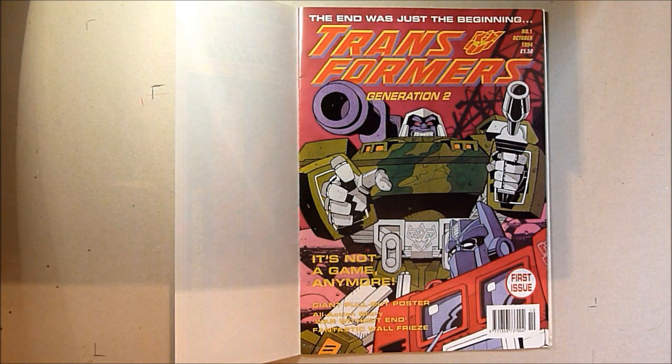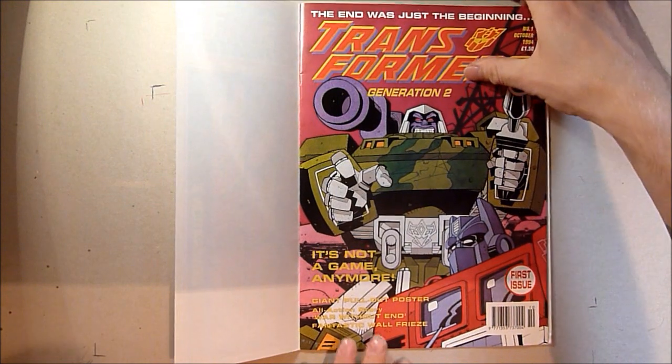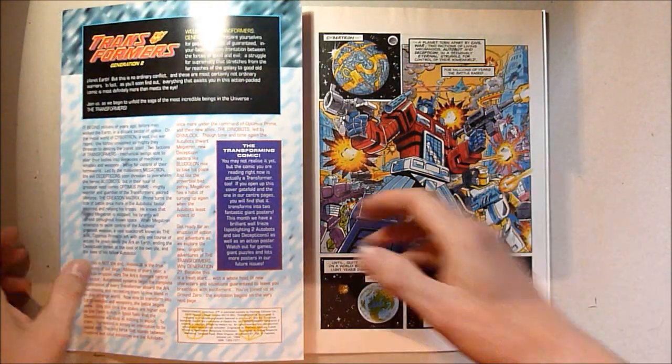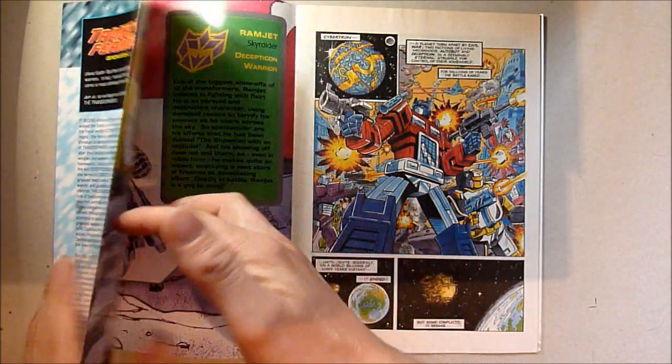Now, I was reading on Wiki about these too, and even though it credits him with writing this story, there are reports of him saying that it wasn't him who wrote it. But then again, he's also said that he did write it, so who knows. Maybe someone out there knows. But anyway, it's his first issue, giant pull-out poster, all action story, War Without End, fantastic war freeze, spelled a very strange way. And it says it's not a game anymore, and it's also got up here, the end was just the beginning. So we move in, this comic actually transforms, it says there,